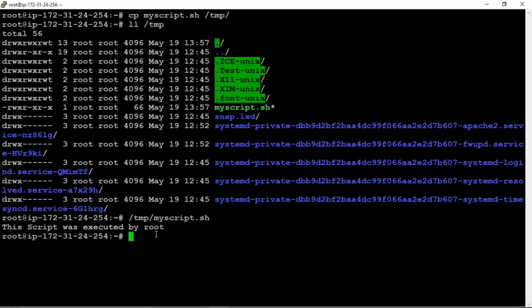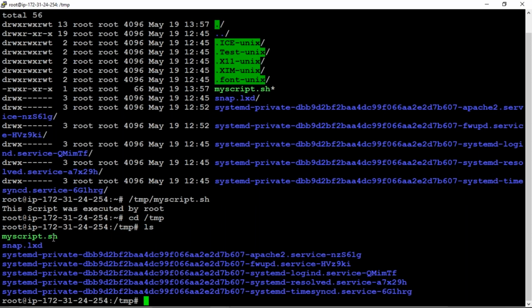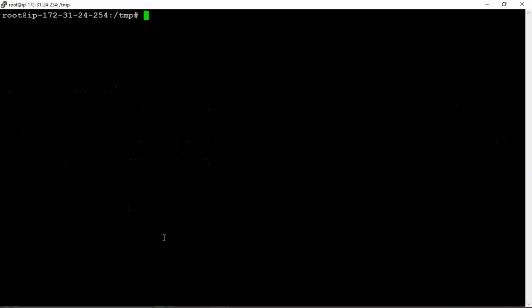So you will get like this also. Or else if you want to see the file in /temp, cd /temp, you can find the file here also, ls. So this is our file, myscript.sh, because previously we have copied that file to this temp. Okay, now clear the screen.